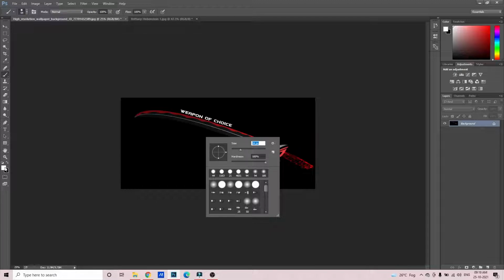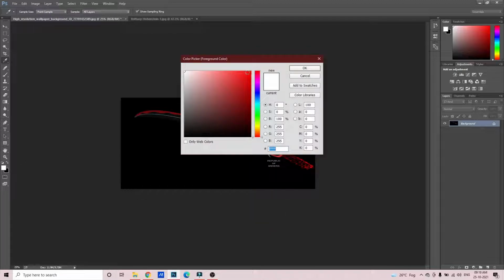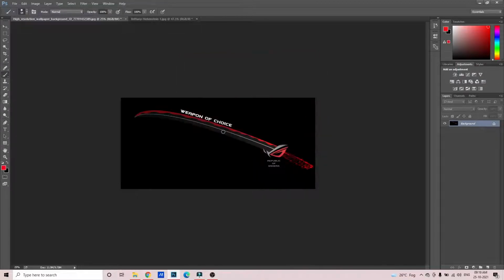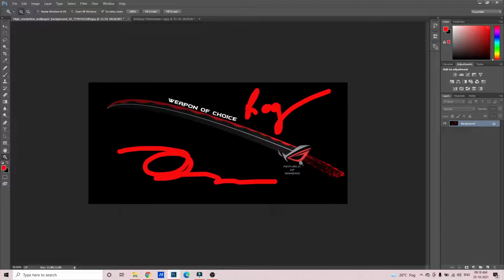Similarly you can change the size of the brush and the hardness, and we have to select the color over here. So this is white color. Say I select the red color. Now if I draw, see, I can go. So you can understand the hardness over here. What is the hardness? So this is the image.